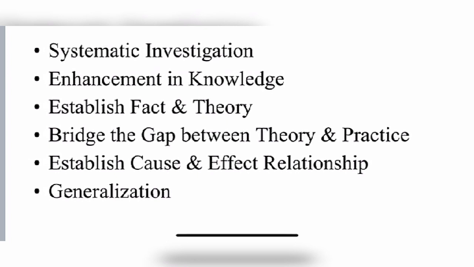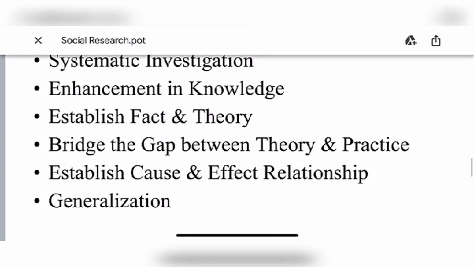The next characteristic of social research is that it adopts scientific method. We have 12 scientific steps which have to be followed by the researcher. That is called scientific method. It is based on empirical evidences and observable experiences. It develops generalization, principles or theories. It is a theory builder. The main characteristic of social research is that it is a theory builder.